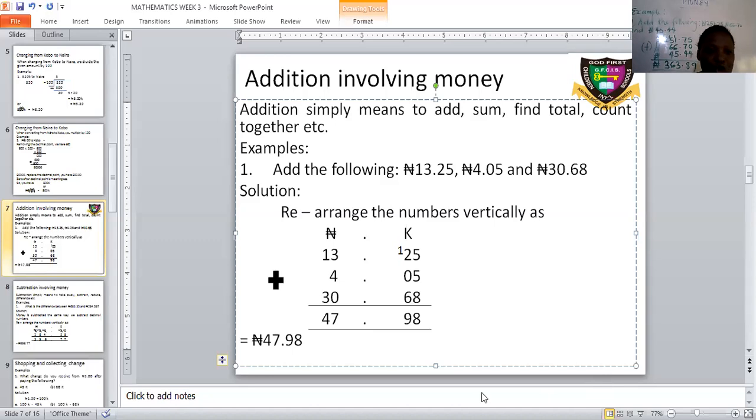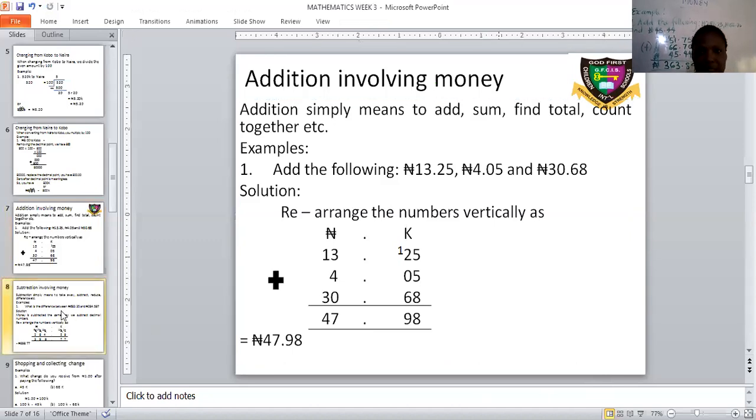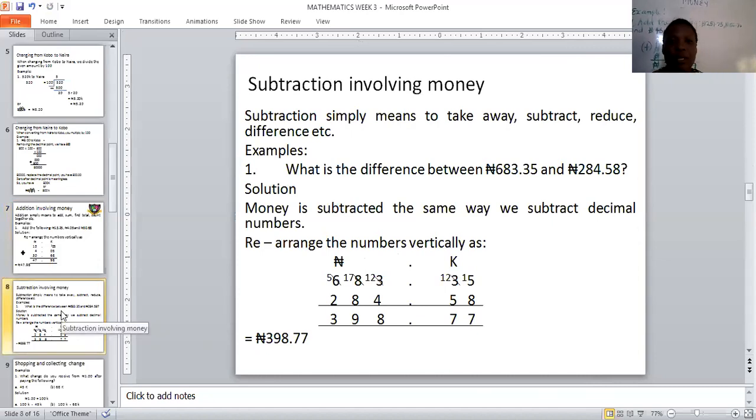Now, let's move to subtraction. Subtraction involving money. Subtraction simply means to take away. It can also be subtract, reduce, differentiate, or find the difference, etc. Examples: what is the difference between